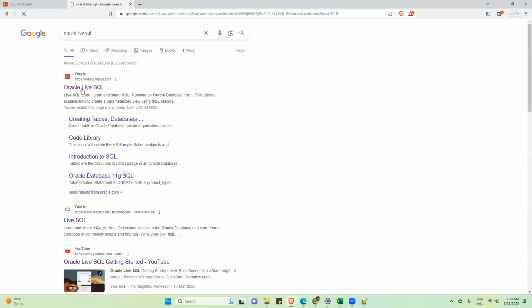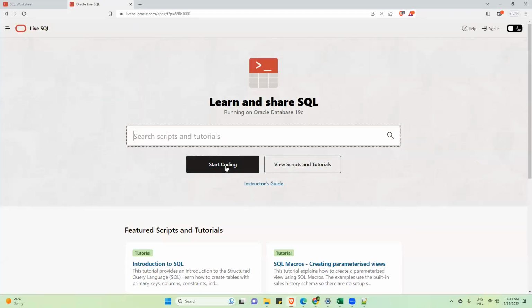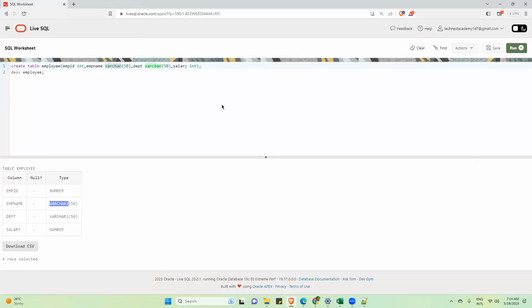Click on this page, then click on start coding. Once you click on start coding, since these are all getting recorded, you will get that. Actually I have already logged in, so directly it went to login. Once you click on start coding, it will ask you to create an account. So you have to just create your account. You have to give your username, sorry, your email ID. That's all.